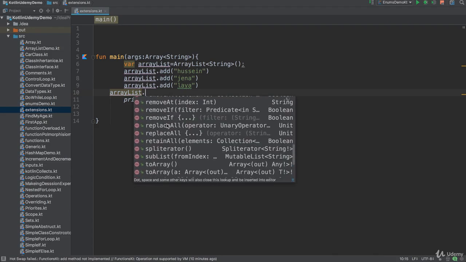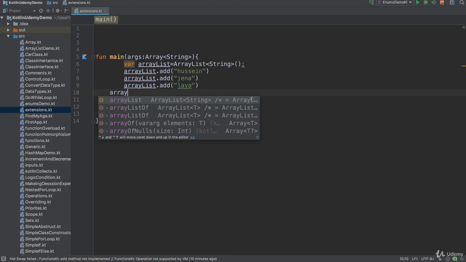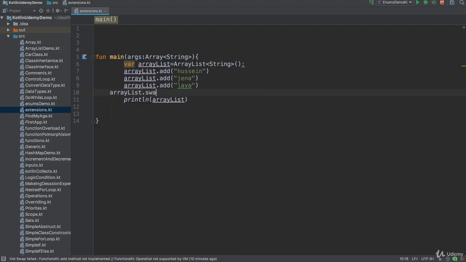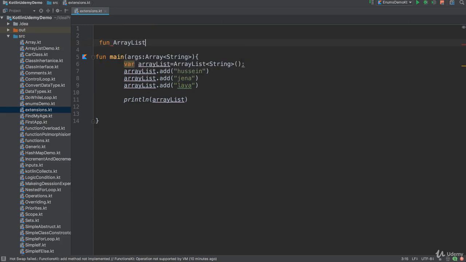See, too many functions: add, resize, get, whatever, and more. What if I want to add a function named swap to swap two elements in the array? Now if I say arrayList dot swap, I cannot see this method, but I want to implement it. How? This is with extension. I have this class ArrayList, so I say, hey, I have a function, name it on ArrayList, and this ArrayList will expect to get input as